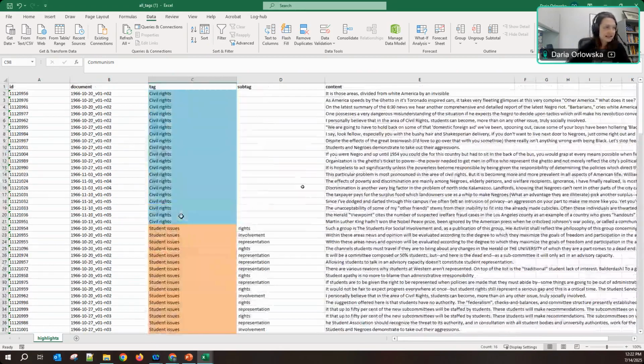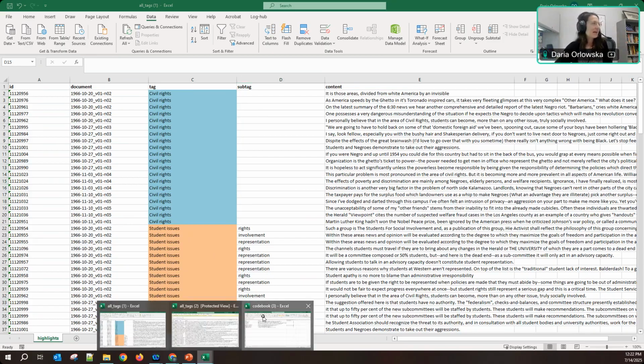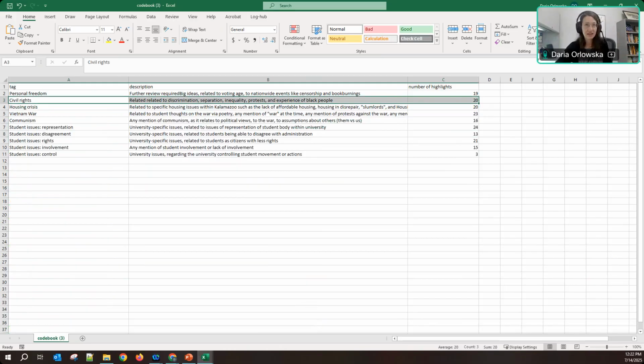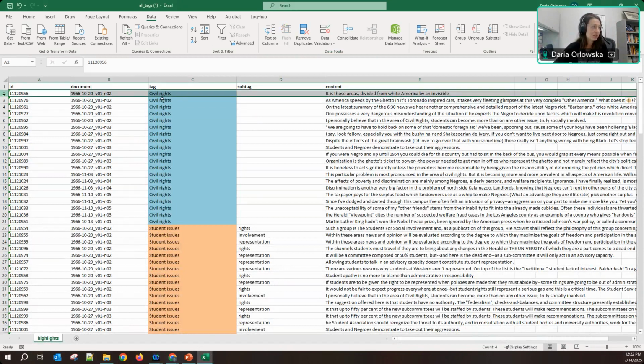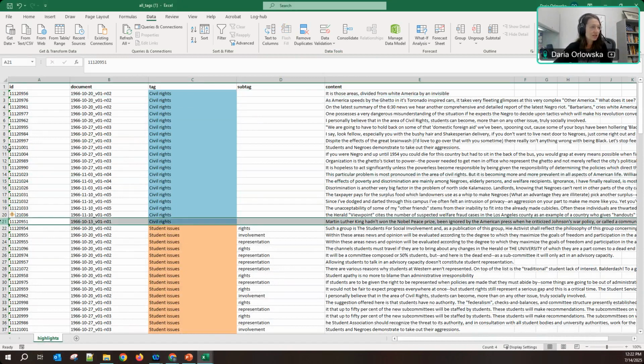Let's say that I'm interested in knowing how many tags I have for civil rights. How do I do that? How do I know how many tags I have? Well, we downloaded the code book, right? So I can say, hey, civil rights has 20 tags. However, if I misplaced my code book or if I made changes, the way I can do that really simply is, you can look at the numbers. This is number 2 and it goes to number 21. So you know that 21 minus 2, right?